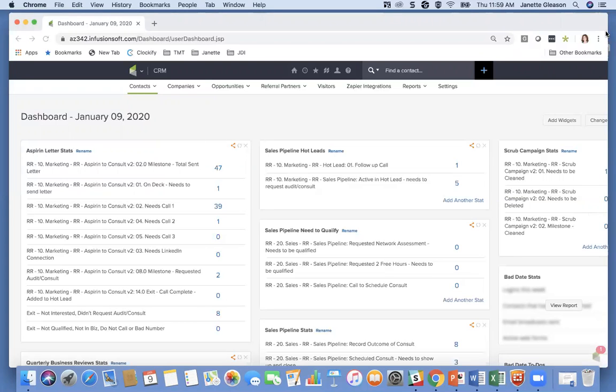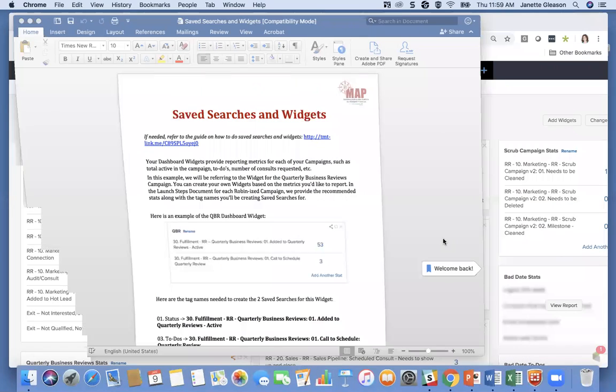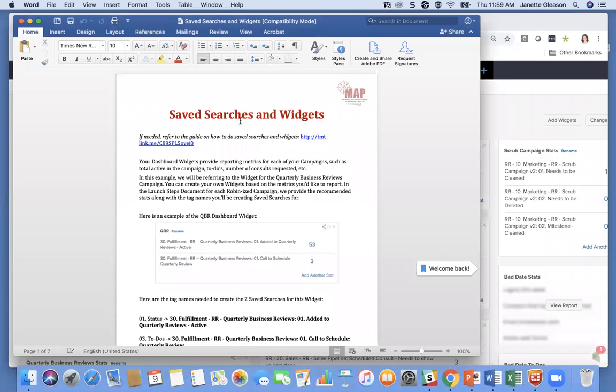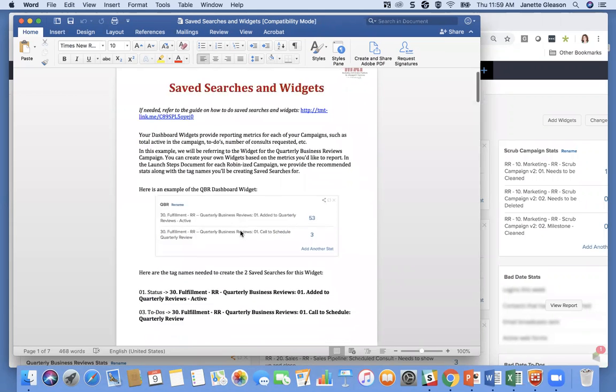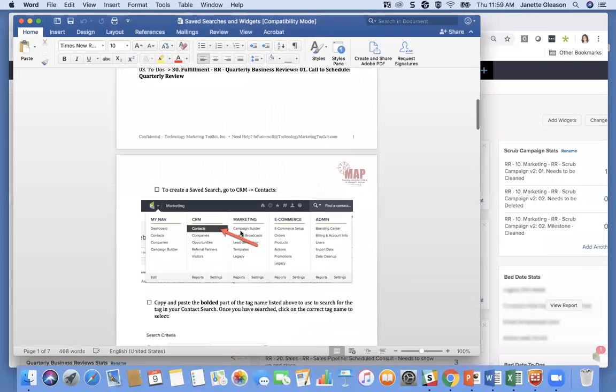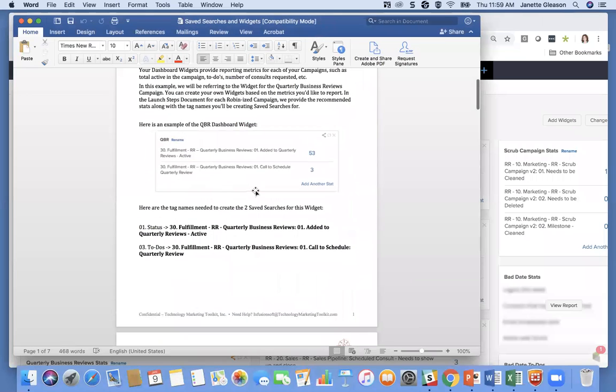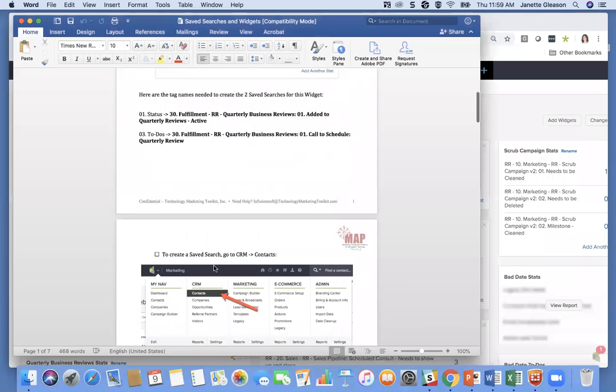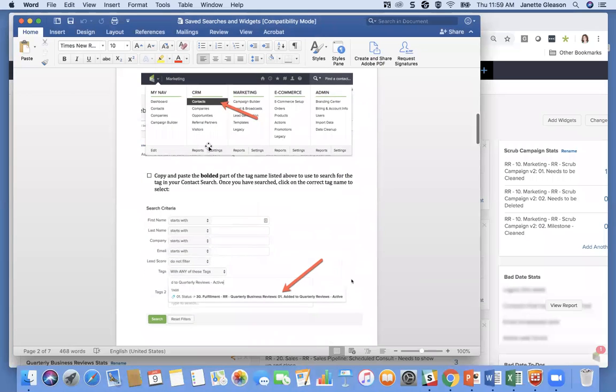So you do have a document that you can refer to that talks about saved searches and widgets. Now you can do saved searches based on tags, which you're going to see here as I show you how you would create a widget for a specific campaign. But we're also going to look at how you can search by contacts and different fields within a contact record